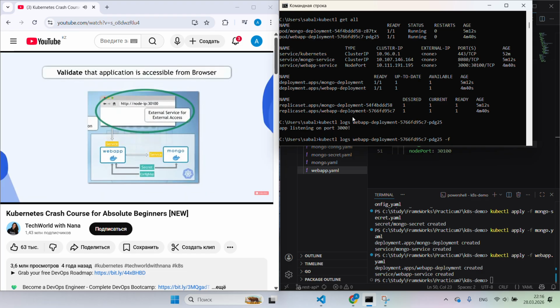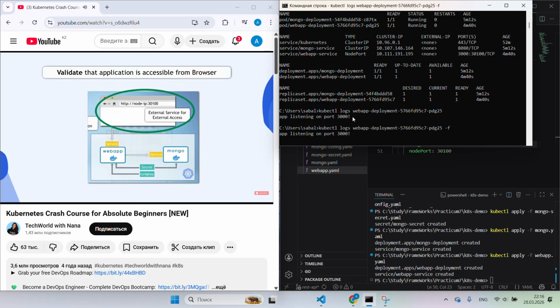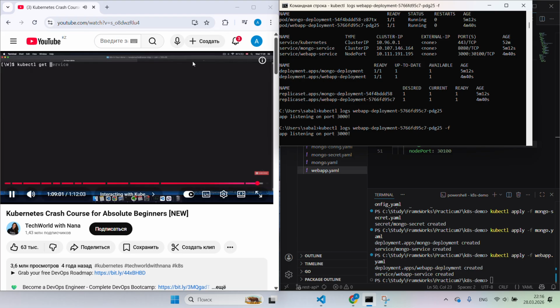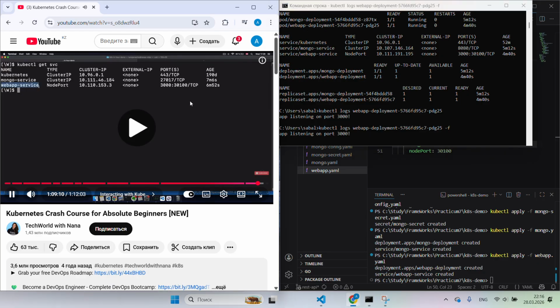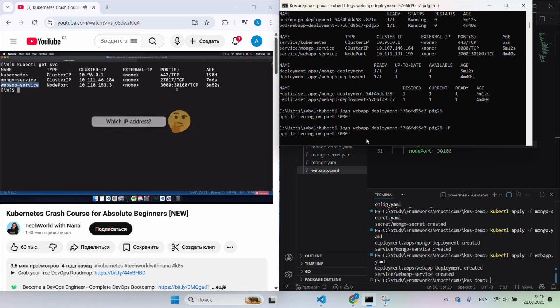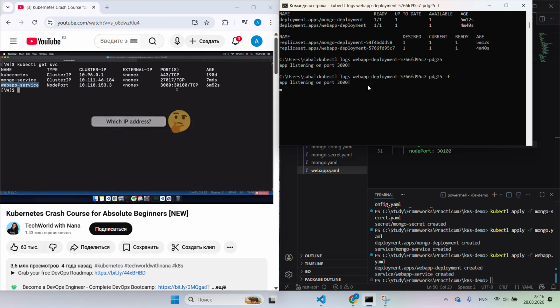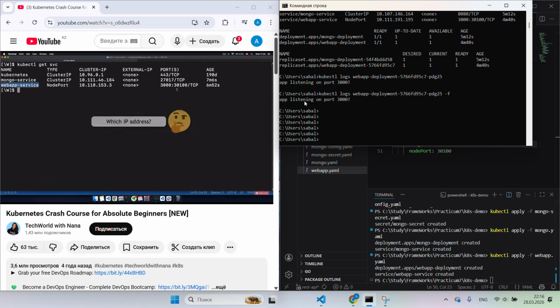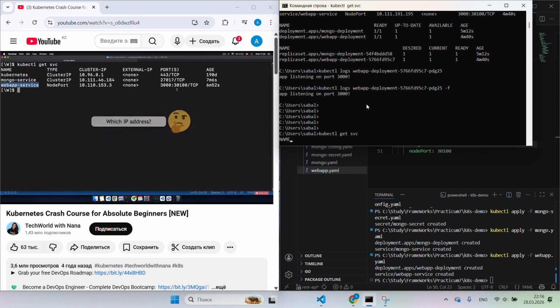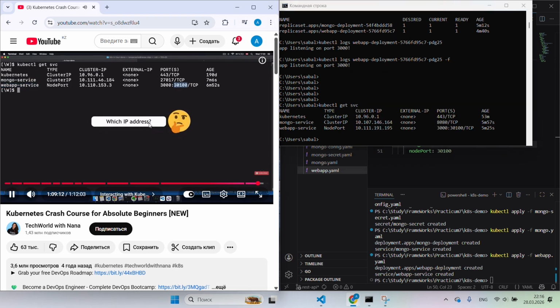So as a final step, we want to validate that our application is also accessible from the browser. And for that, we actually configure the service. And we can actually get the service using service or svc command. So how do we access this service? From the browser, because this is a port we're going to use to access it,